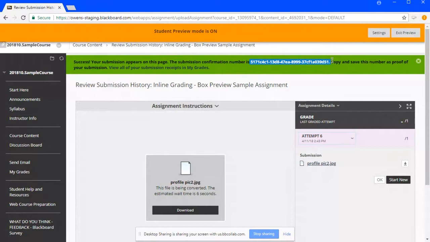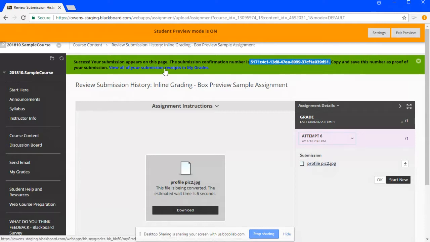I'll highlight this here. This is something that students can write down and keep a copy of, so that way they will know that their submission has been received by Blackboard. Lori asks if the dashed lines mean drag and drop. Yes, that means there is a drag and drop area, or as I call it, the hotspot.